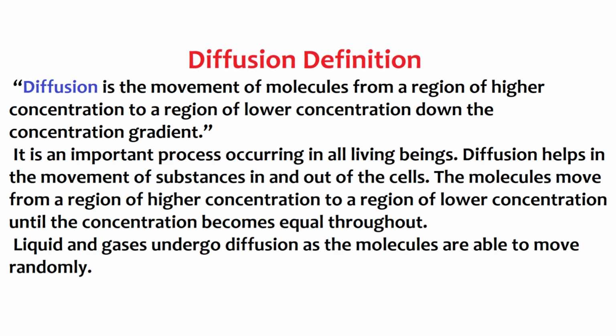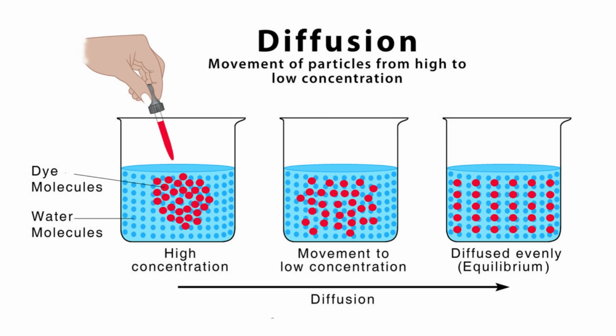Molecules tend to move from places of higher concentration to places of lower concentration just by moving randomly. For example, there is more oxygen in the lungs than there is oxygen in the blood, so oxygen molecules will tend to move into the blood. Similarly, there are more carbon dioxide molecules in the blood than in the lungs, so carbon dioxide molecules will tend